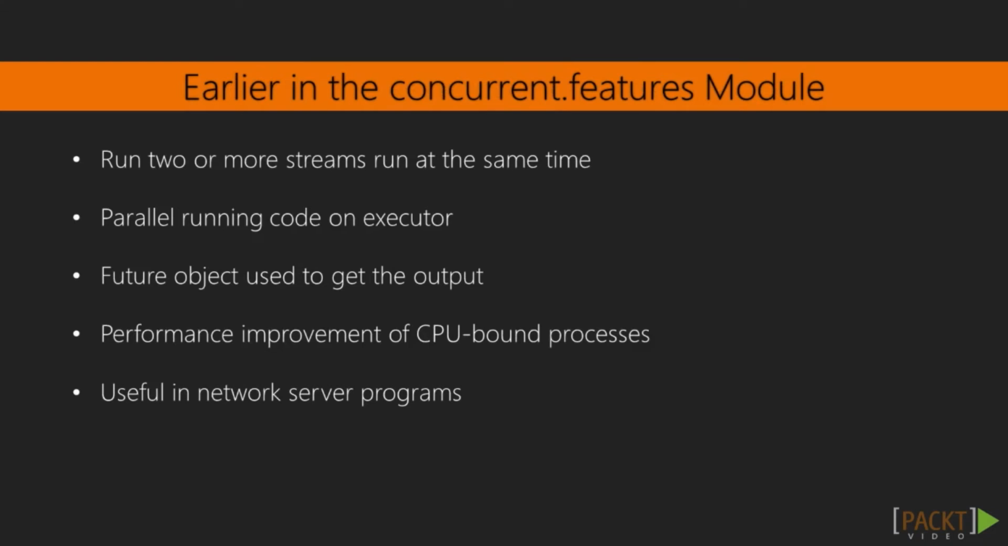When we were working with the concurrent.futures module, we saw a way to make two or more streams of code run at the same time. We could create an executor object, and then whenever we wanted to run code in parallel, we could tell the executor to run the code. The executor would give us a future object that we could later use to get the result of the code, and it would then run the code in a separate process